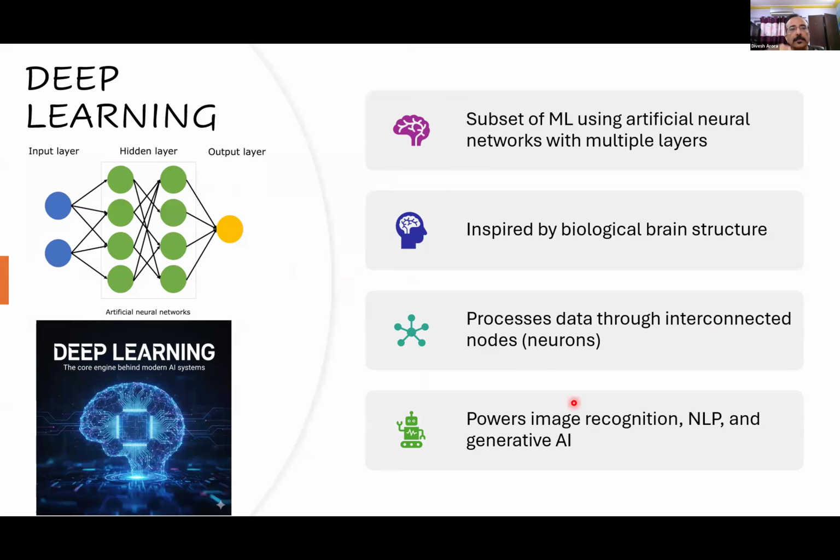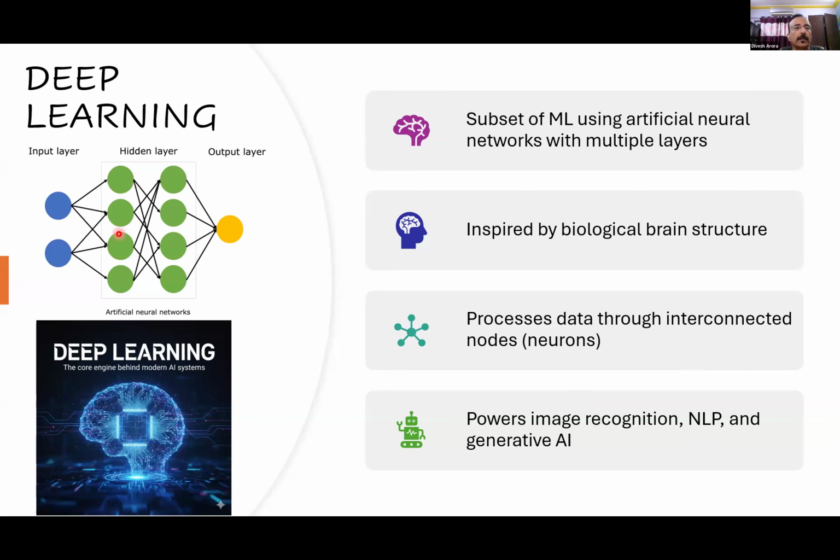Now coming on to another subdivision of machine learning. The top umbrella term is artificial intelligence, then comes machine learning, and then comes deep learning. Deep learning is inspired by the biological brain structure. As our brain contains various neurons, here in deep learning we are processing the information through interconnected nodes or neurons.